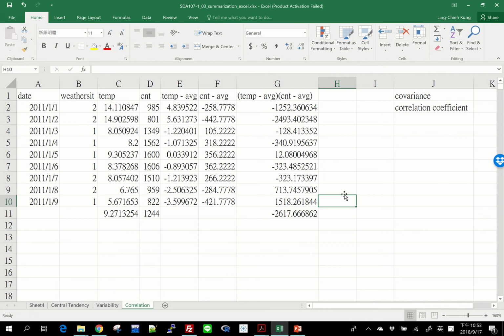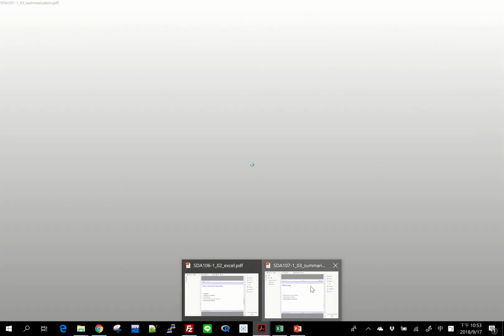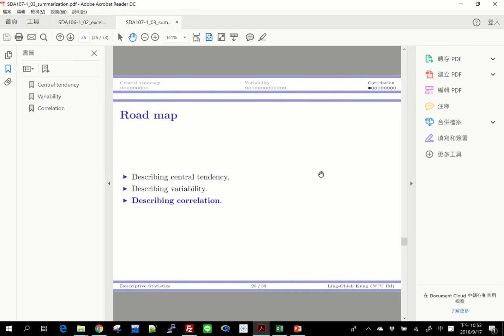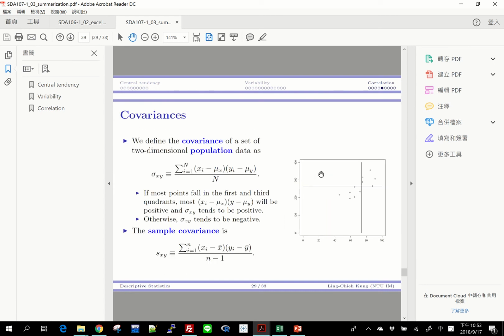Otherwise, if most of the values are positive, when one value goes up, the other also goes up, then basically we say there is a positive correlation or positive covariance. So of course, we may also take a look at the formula if you want some reminder. So here we can see, okay, we get covariance and the definition is like this, and we also have sample